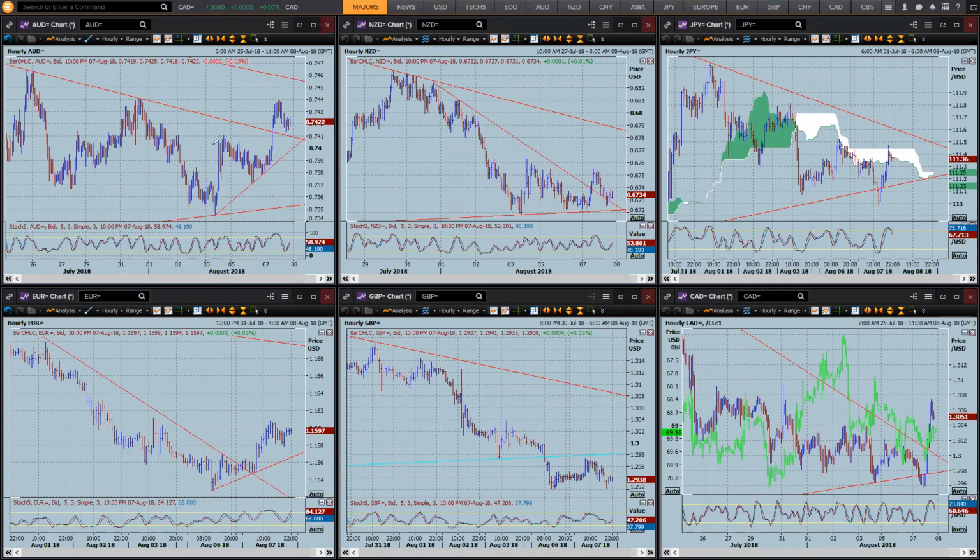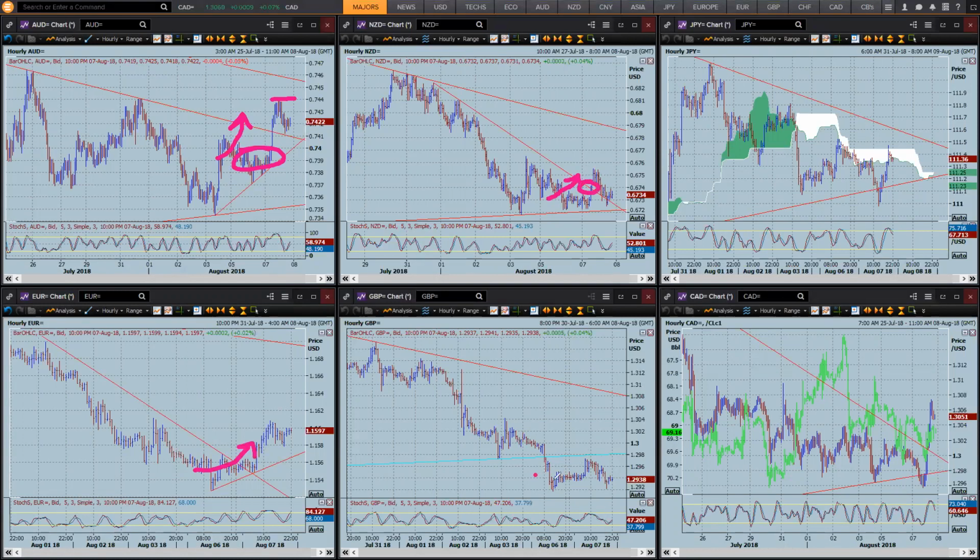Yesterday, we had the RBA meeting. They were pretty much just concerned about the trade policies, but Aussie ended up popping above that resistance line around 74.15, stalled at 74.40 and is now just drifting sideways. The Kiwi also just trading sideways and then popping up through the trend line, the same as Euro through 115.60.